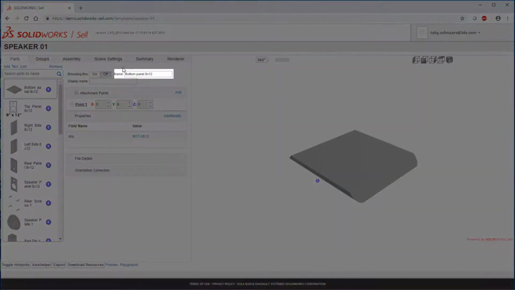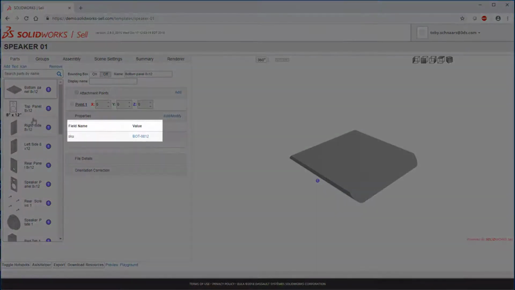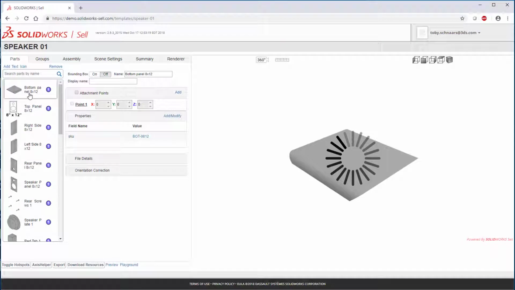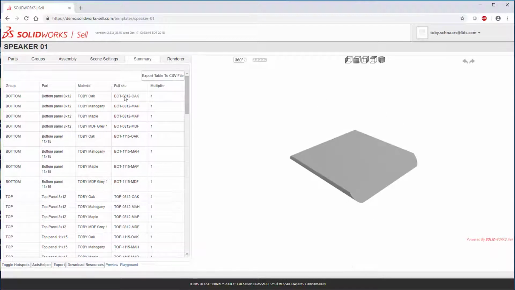For example, you can see that I added an appropriate name for this part file, for this part file, for this part file, as well as a SKU for each of these part files. And that's going to help me when I add a button that says add to cart or place order, because I'm going to be able to take that information and then feed it downstream, whether that's going to my order management team or to my quoting team, whatever it's going to, I'm going to be able to incorporate that metadata